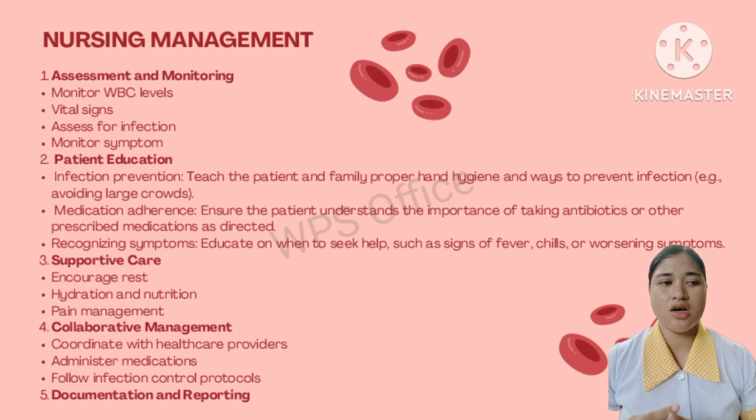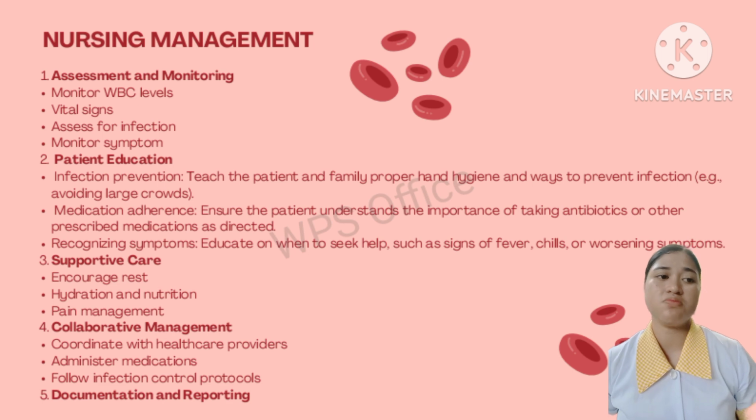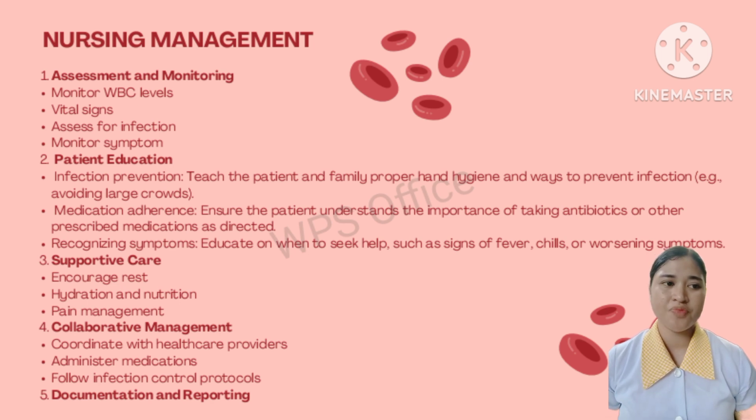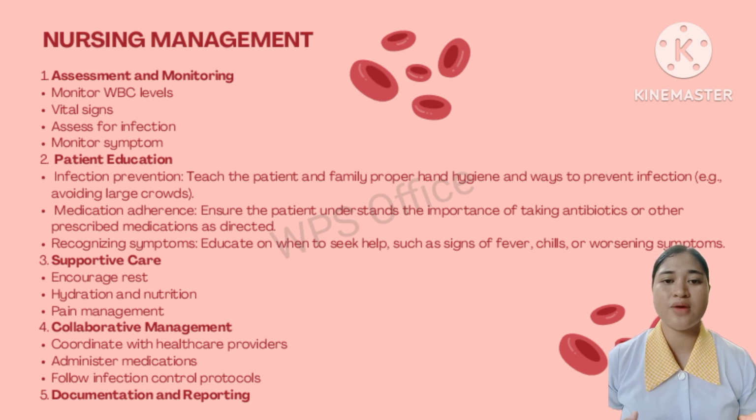So there are 5 nursing management. The first one is the assessment and monitoring. Under this is the monitor WBC levels, vital signs, assess for infections, and monitor symptoms. In monitor WBC levels, regularly review laboratory results to track changes in WBC counts and monitor for worsening leukocytosis or